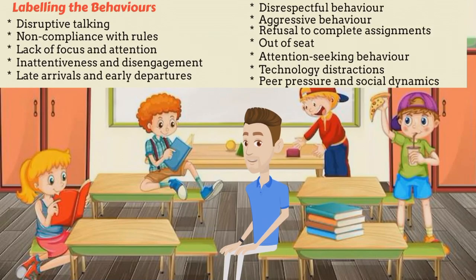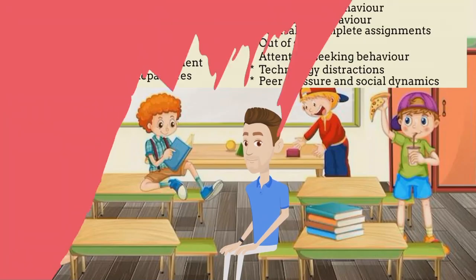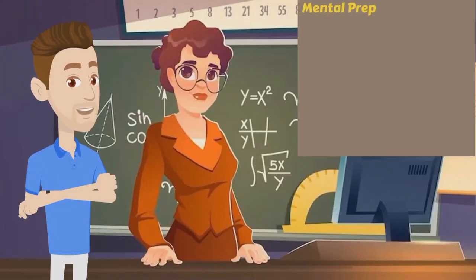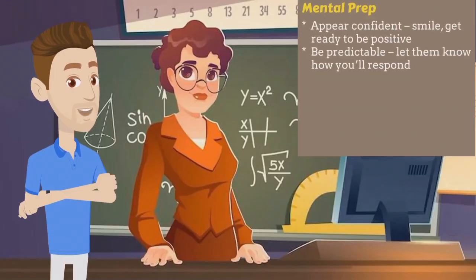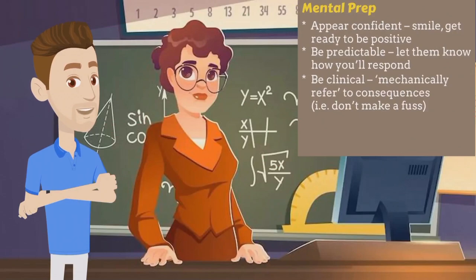It's probably some or all of these that are happening simultaneously and frequently, despite your praising, rewarding and sanctioning of individuals. But understanding what's happening in front and around you is a form of internal control in itself. You begin then by using a process for analysing the situation and then confidently, predictably and clinically deciding what you're going to do about it, if anything.